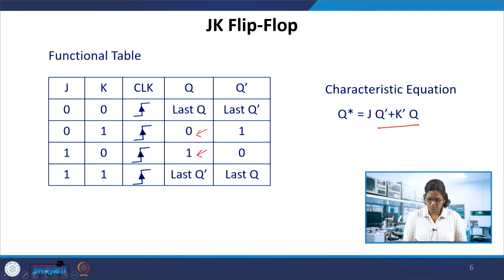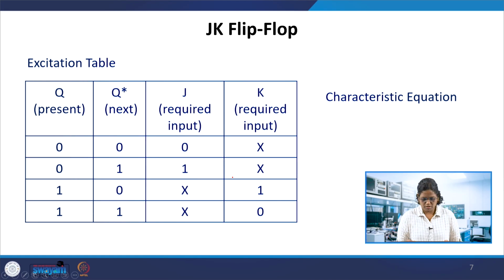Okay, so this is the functional table, and the excitation table similarly, from this, what was the Q and Q star, the present and next states of Q, and the inputs J and K. What was the input applied so that the next state is 0? Okay, so the present state is 0. From 0 it is changing to 0. That means it is in the same state. Then J is 0 and K can be anything, either 0 or 1. In that case, Q star, the next state, is 0.